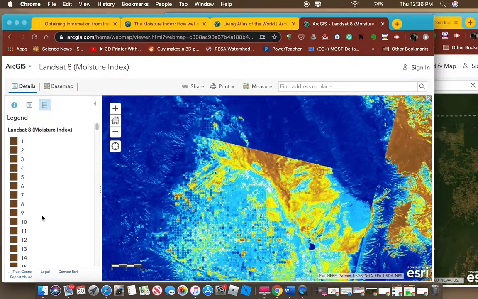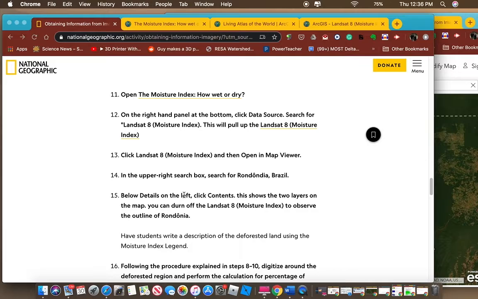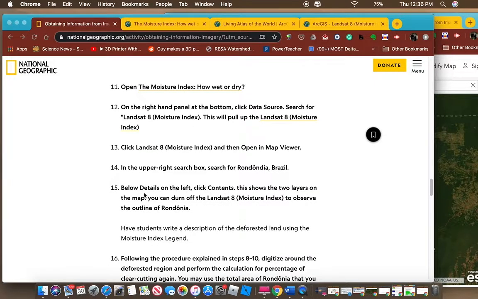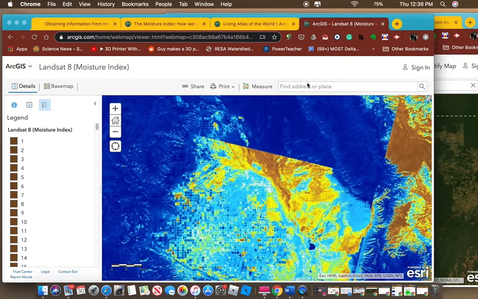This one opens up with the legend, where you can see I've got a scale that goes from dark brown to dark blue, and some shades in between here. I'm again asked to search for the region I'm working with, the Rondônia region of Brazil. And then 15 says click contents again so I can see the two map layers. So first I'm going to search for Rondônia,